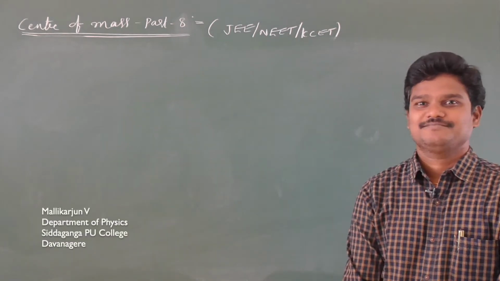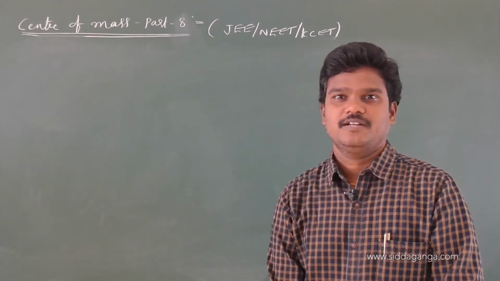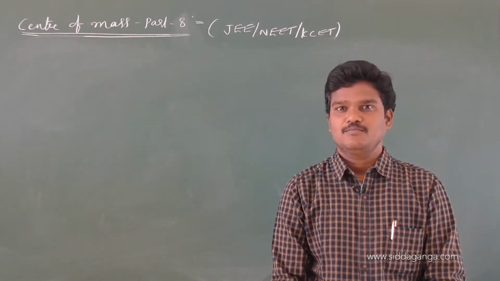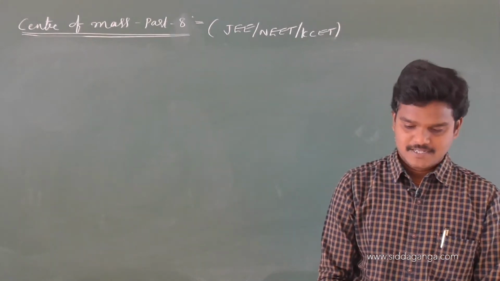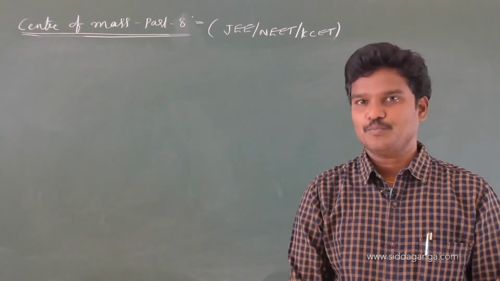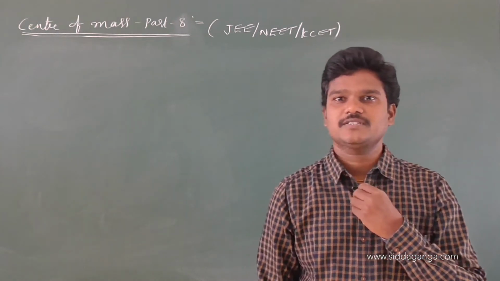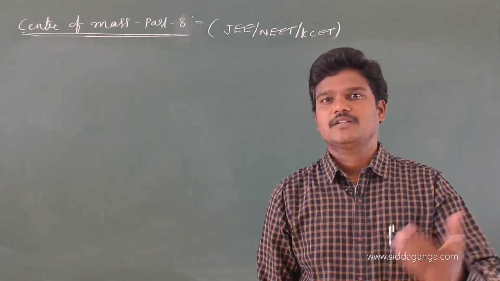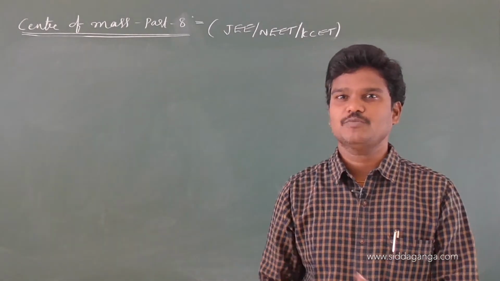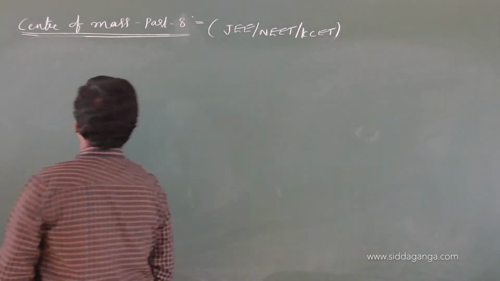Hello dear students, let me continue Center of Mass part 8, lecture number 8 from System of Particles and Rotational Motion, rigid body dynamics. In the last class we covered the method of decomposition, and the last one was where from a circular disc of radius R we removed another circular portion of radius small r, and we know how to find those types of questions. Let me give some more examples in this session. Let me continue from the last class now.